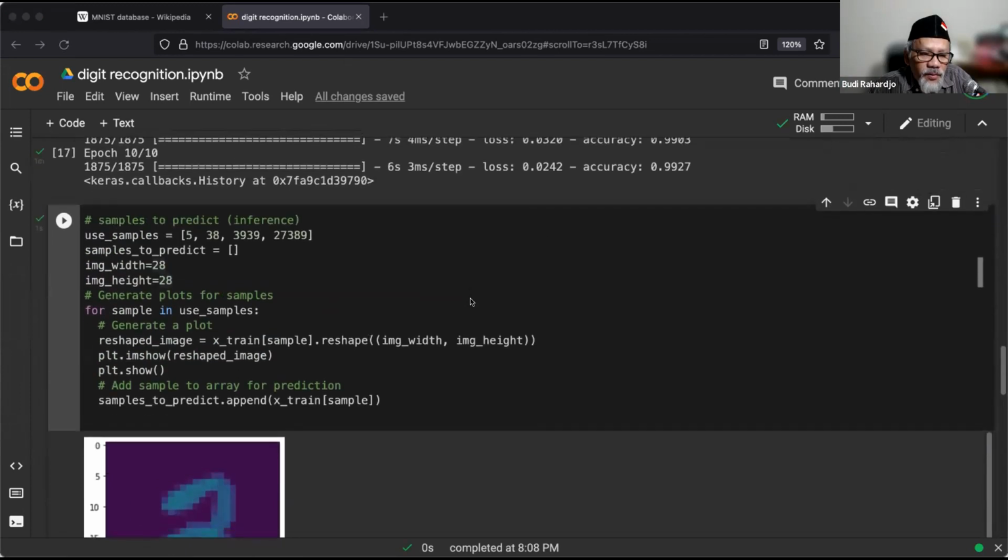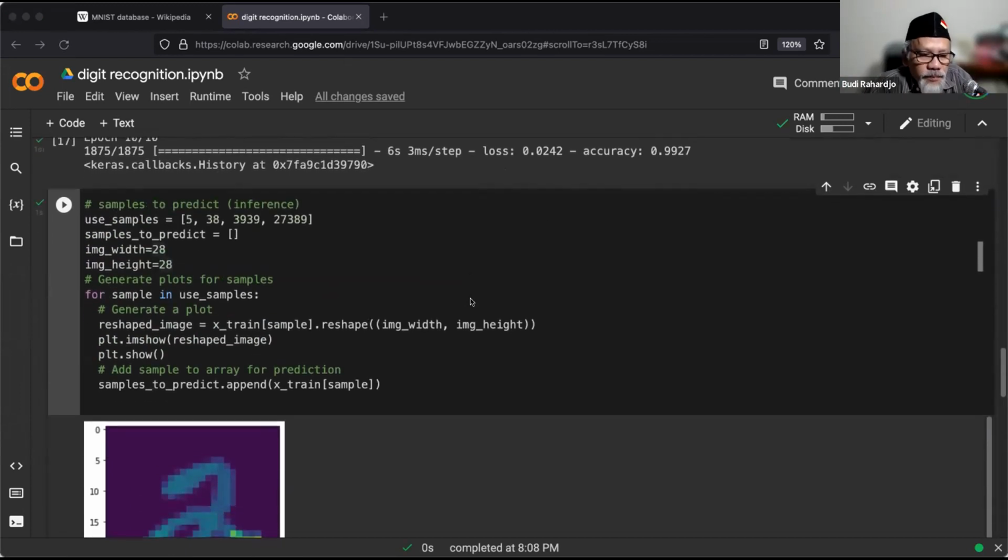So what we are going to do is use samples from the training set.